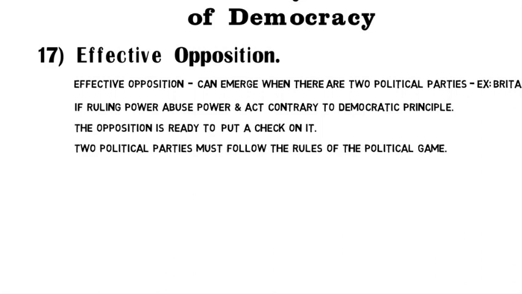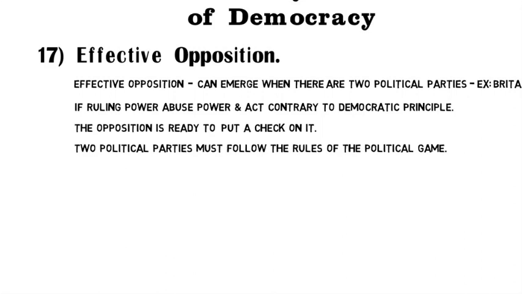The opposition always should act as a checks and balance to the government. They have to check, they have to question the government. And if a situation comes, if the ruling party really is not in a position to listen to the opposition party, and if it really abuses the power and acts contrary to the democratic principle, in that situation, the opposition party must overthrow that government and form its own government entirely based on democratic fronts,